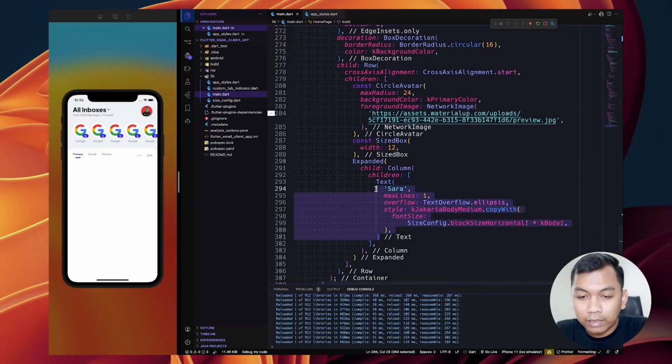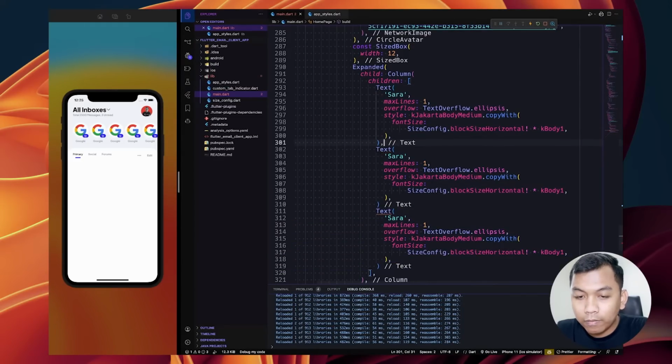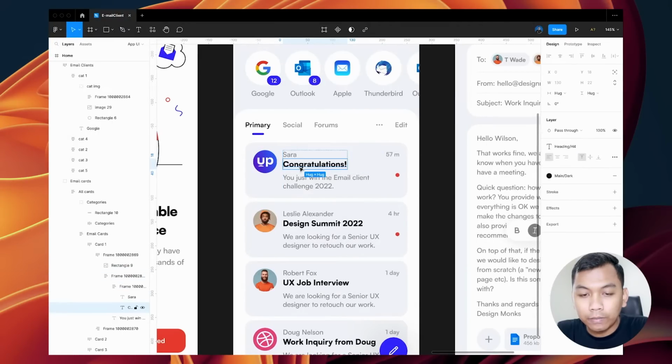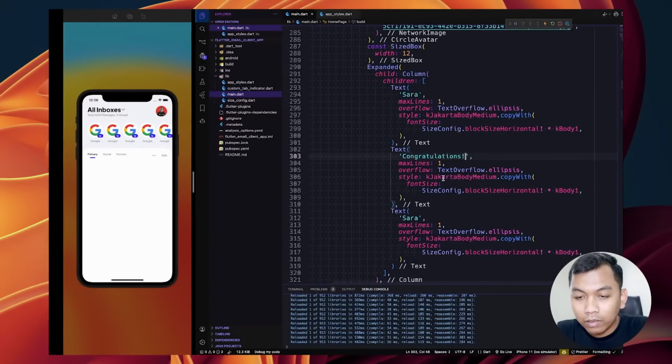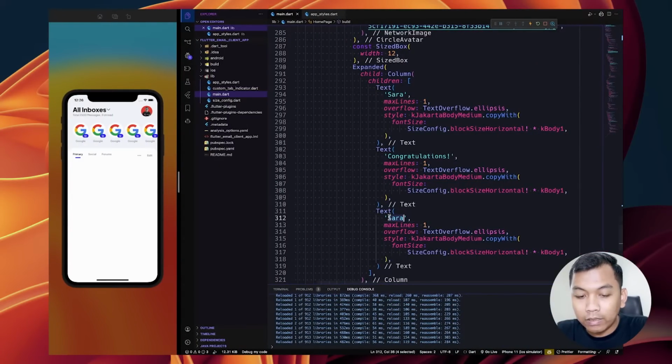And we need to duplicate this 2 times, give a comma for every widget, and we need to change this to be congratulations, and also this to be the email body.